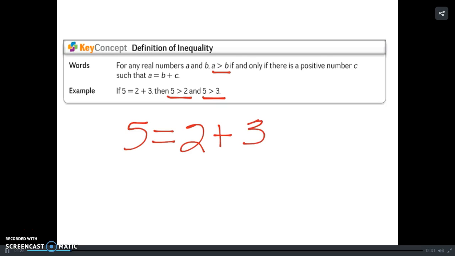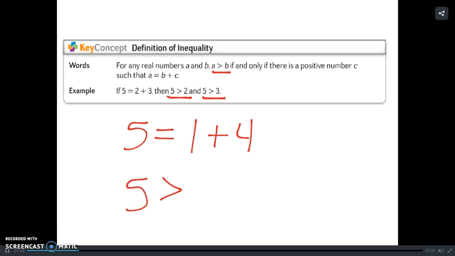They could have chosen any numbers that add up to 5 there, so you could also have gotten something like 5 is equal to 1 plus 4, which means that 5 is greater than 1 and 5 is greater than